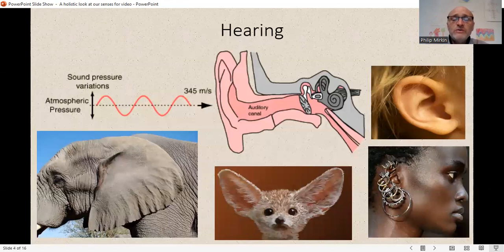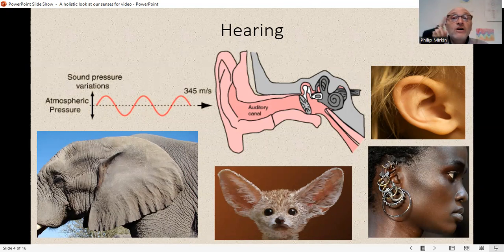Hearing again is very different. Here we have vibrations in the air, or actually can be through solid and liquid as well. And these are compressions and rarefactions or expansions. They pulse through the air, and we have a little eardrum, and that vibrates. So it's a very physical process. This expanding and contracting, this moving, vibrating, goes through into the inner ear where we have these tiny little hairs, these cilia, and they move, they vibrate, and that generates a nerve signal, again to the appropriate part of the brain. And this time, what comes up for us is a sense of sound.